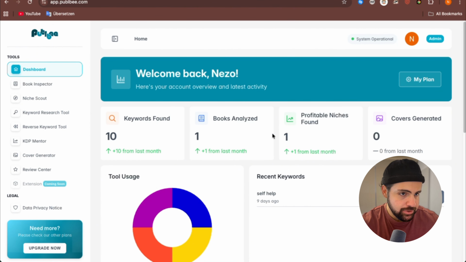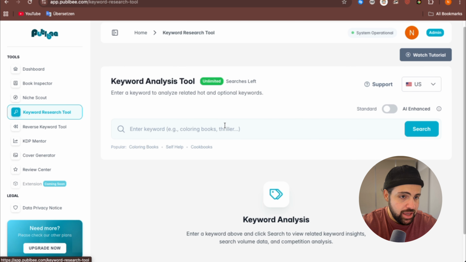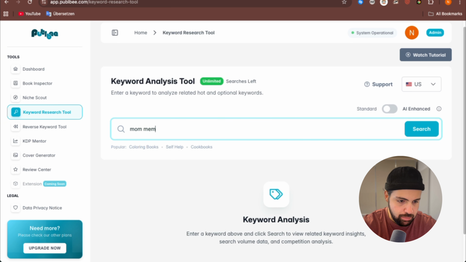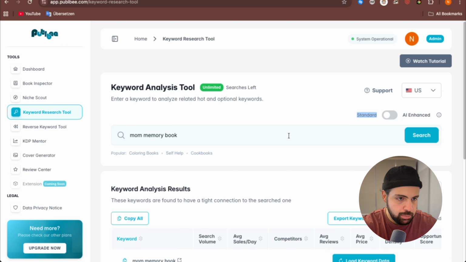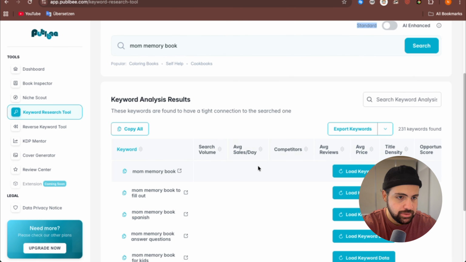Okay, that was Amazon. Now I will show you how you can do the whole thing even faster and more efficiently with Publbee. Therefore, I'm going to Publbee's keyword research tool here. Just enter the main term here, in our case, mom memory book. For the initial search, we can use the standard mode. It will give us some general keyword recommendations. And if we have a detailed idea of the keywords, then we could use the AI enhanced mode to get relevant keywords. Therefore, we click search and boom,